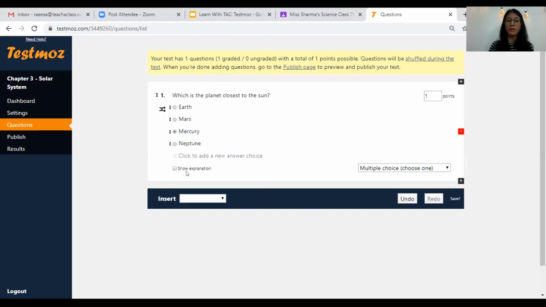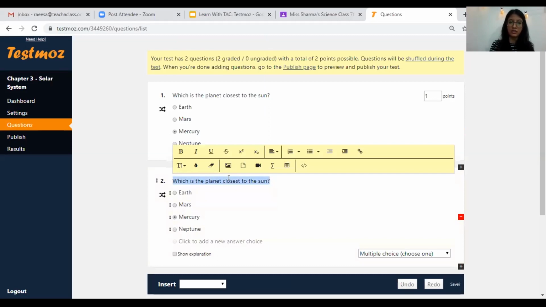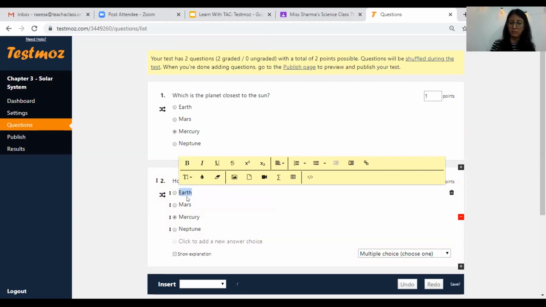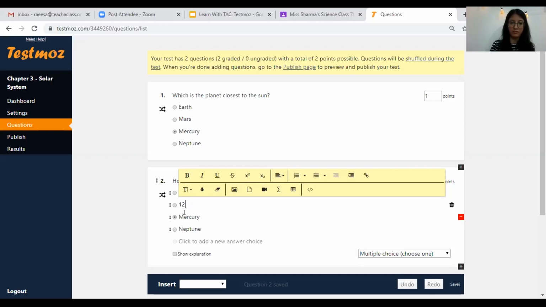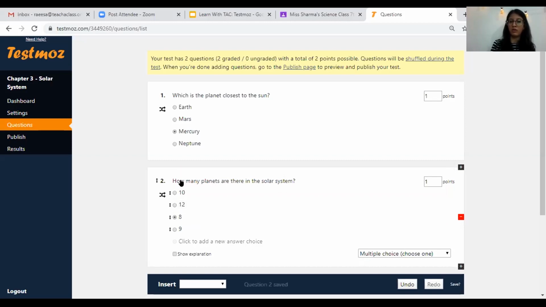I'll click this one and it will copy the exact same question once again. Now over here, I click the question to change it or to edit it. And to edit this or to change this, I'm simply going to add my options by clicking it. Once again, I've kept the shuffle on so that the order of the answers will be shuffled.